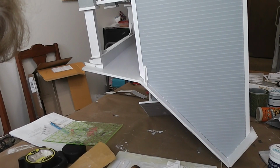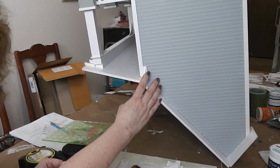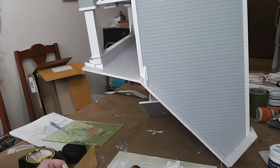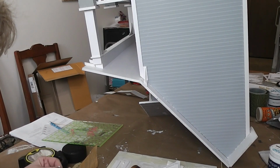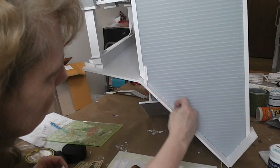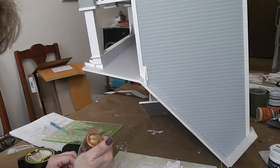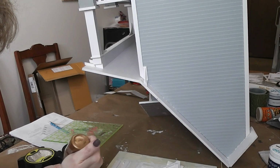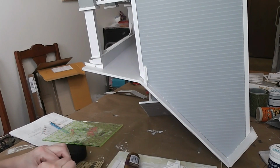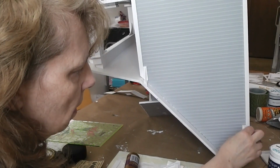Now I have switched to tacky glue for these. The main reason is I don't want to have to touch up paint if the glue oozes out. With the wood glue, although the wood glue glues much better in my opinion, if it oozes out, it leaves a yellow splotch, and I really don't want to have to go back and touch up in that close of an area. I already had to touch up along here, and that was with tape. I taped this to paint this, and I still had to do some touch up. So I didn't want to have to touch up the paint on this area